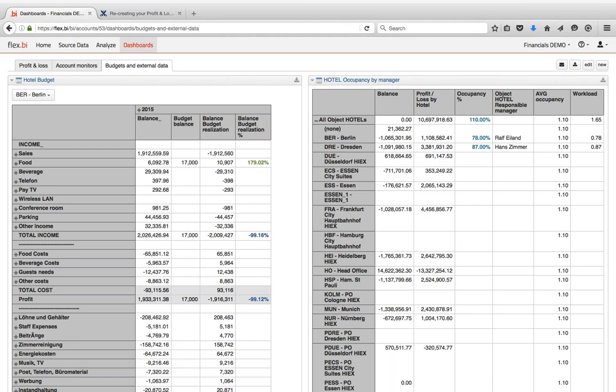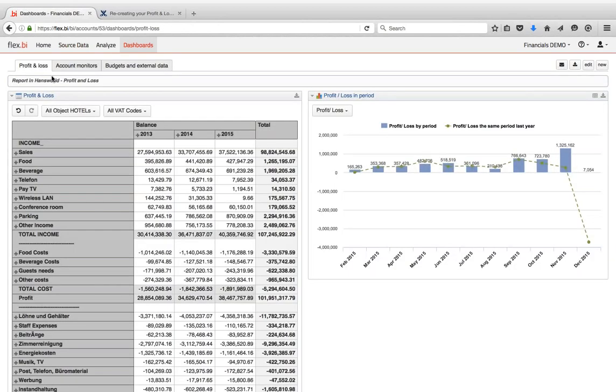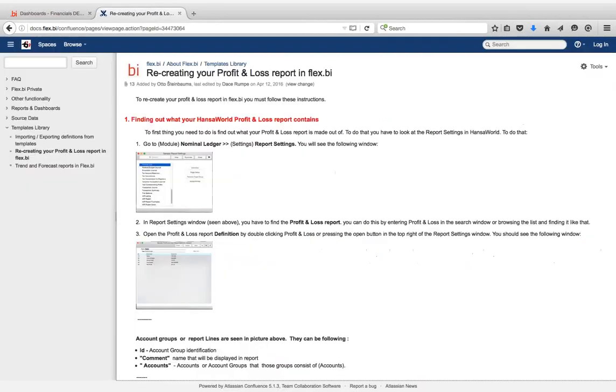Also, we will show how you can import some other properties or some other data that refers to your object, or maybe your account, something you don't have in Hansaworld but you would like to add, like maybe a hotel manager or a department email address, or something you don't have in a system. Okay, so if we get back to the documentation, then we see that the first step is finding out